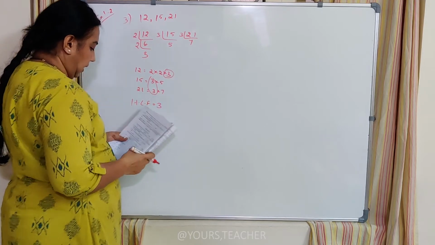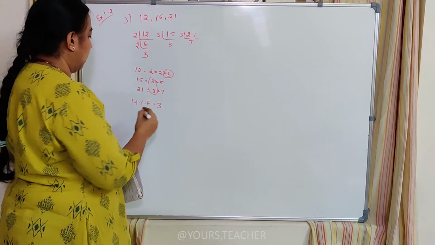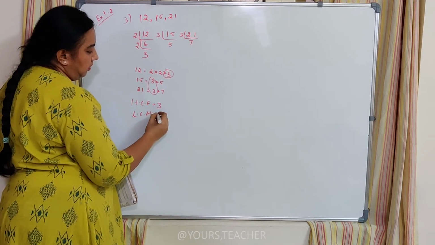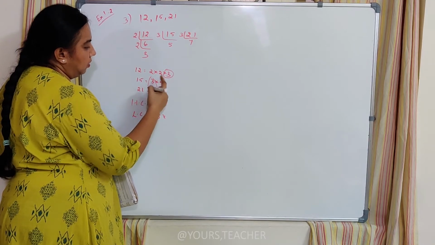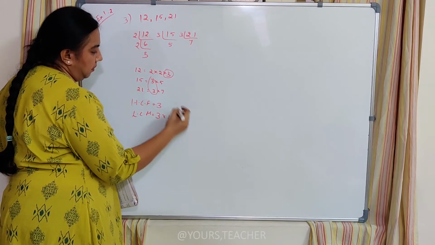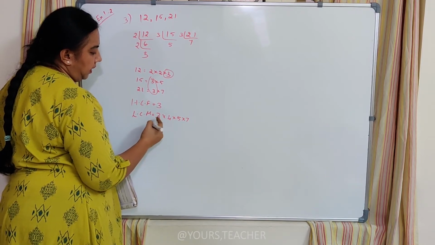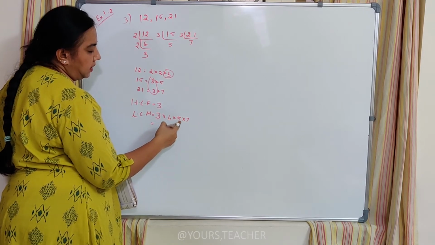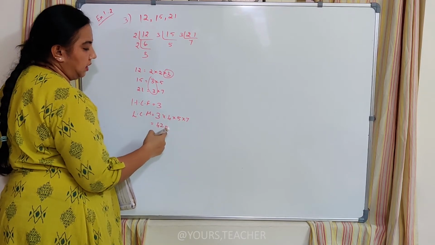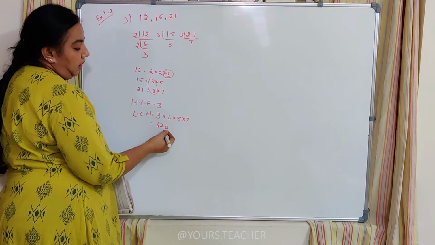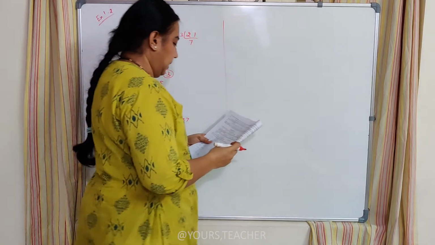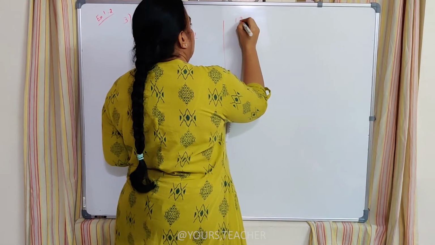Okay, and they asked to find the HCF and LCM also. So the LCM is calculated with all the other numbers. The common 3, and the 2 2's are 4 here, 2 into 2, 4 here, and the remaining 5 from this number and 7 from here. So I can calculate it as 3 4's are 12, 12 5's are 60, 60 into 7, 6 7's are 42, 420. So the HCF is 3 and the LCM is 420.